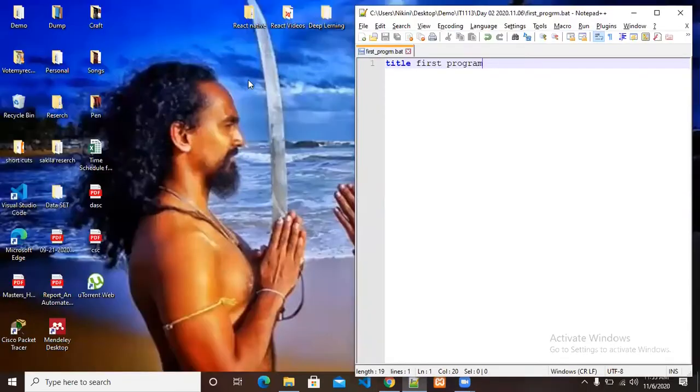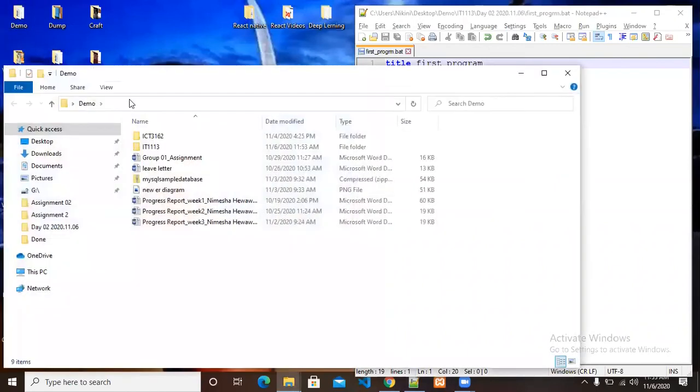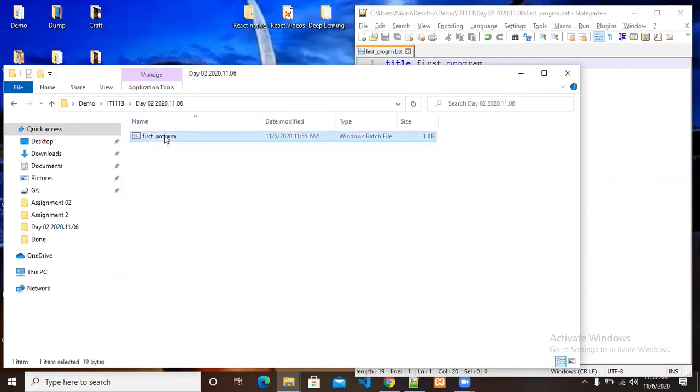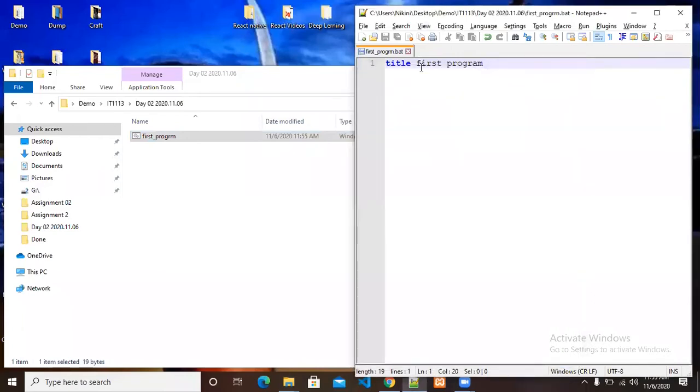For the execution part, you have to go to the folder where you saved it, and double click, you can see carefully. Now I am going to double click it. You can see a flicking part. You saw that this blinking just comes up and goes. The batch file is created, but you can't see it because once it's gone, it's not pausing. To hold the batch file, you have to write the code for holding. It is pause.